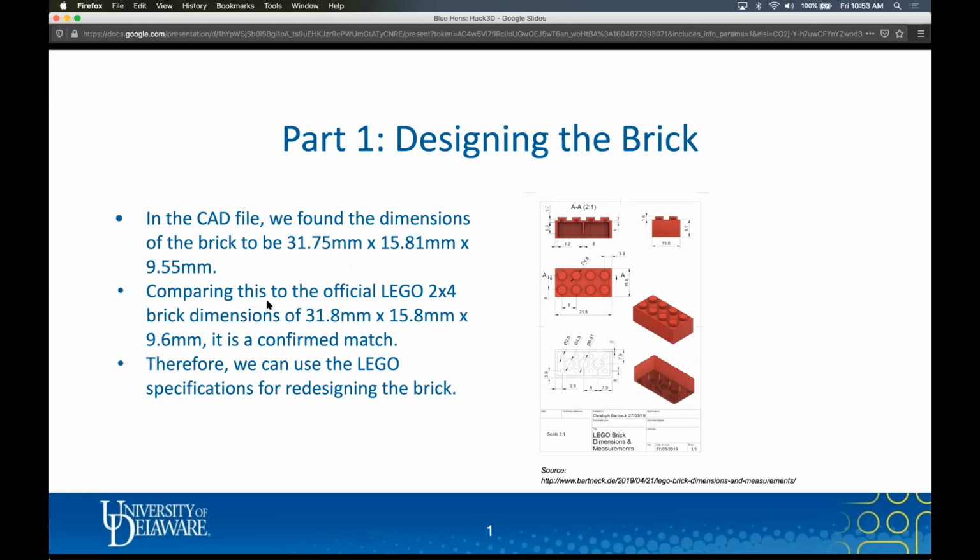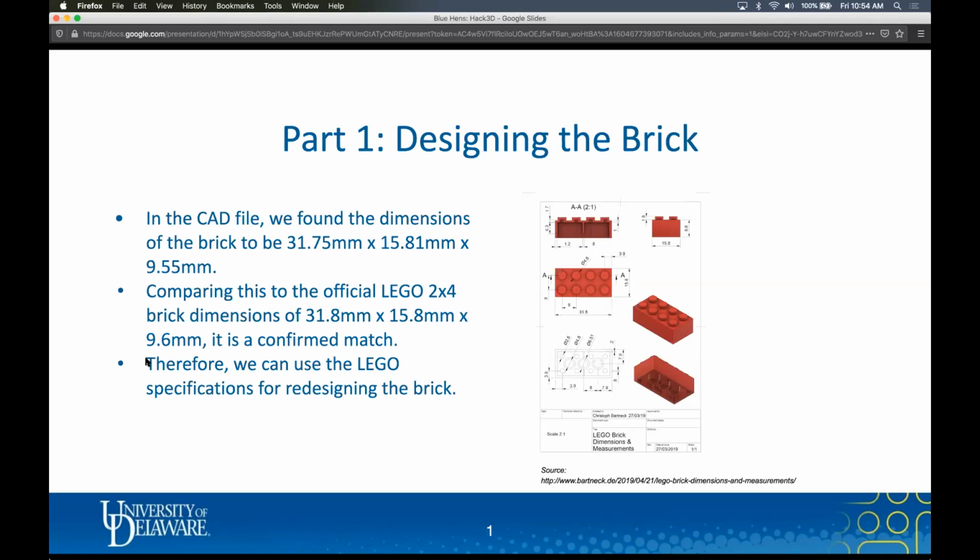We did some research and compared this to Lego's official specifications for the brick dimensions, which were 31.8 by 15.8 by 9.6 millimeters. Based on the correlation between the dimensions we found versus the ones we researched, we confirmed it to be a match.